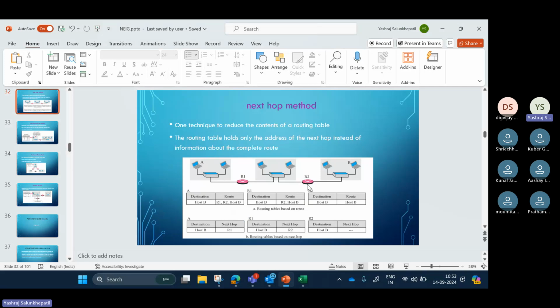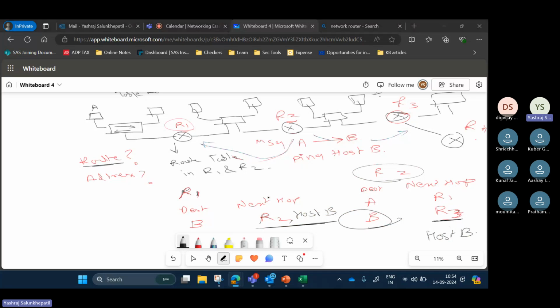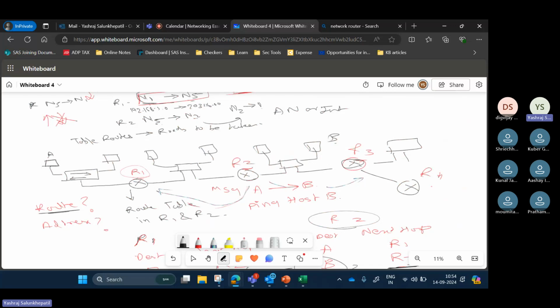So why R2? Because in next hop, this R2 is coming. ठीक है, इसमें host B. In the sense, it will first go to R2 and then to host B. First, I have to pick R2, then host B. अब मैं R2 में आ चुका हूँ. So the only thing remaining is the host B, destination B and host B. R3 will still remain क्योंकि यहाँ पे R3 नहीं है, but in this example R3 आगे है.